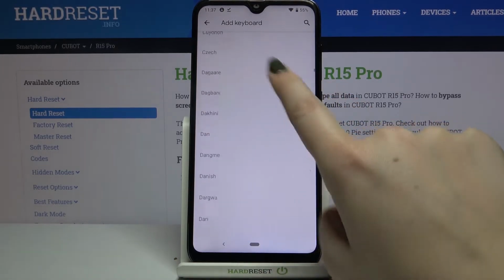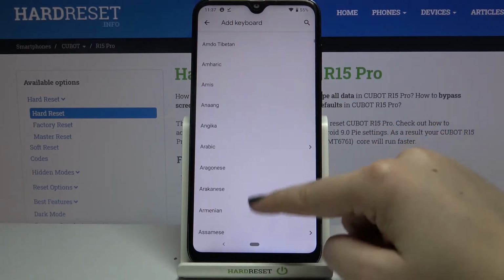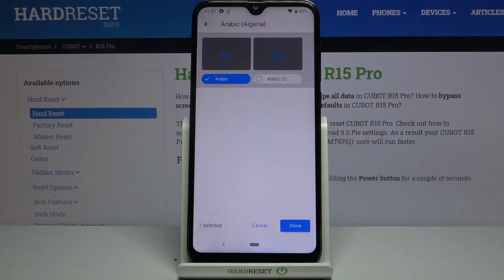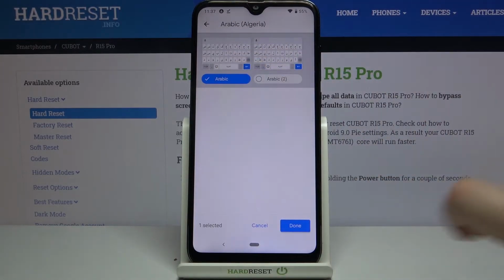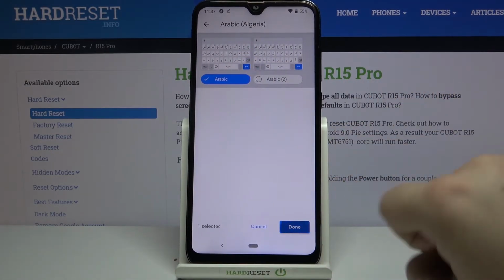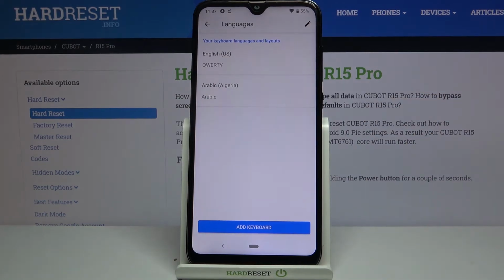So let me pick something like Arabic or Assyrian, so I have to find it. And yes, here we've got the Arabic, so let's tap on it. You can choose the region. I mean, for some languages you can choose the region, so just tap on the one you'd like to use. Here you can choose the keyboard just by tapping. As you can see, you can add 2 of them. Let's tap on done if you are ready, and as you can see, it has been immediately applied to our